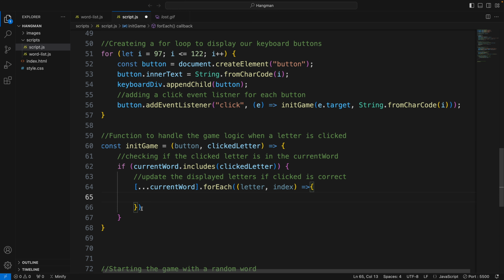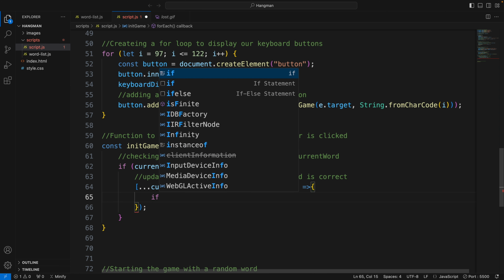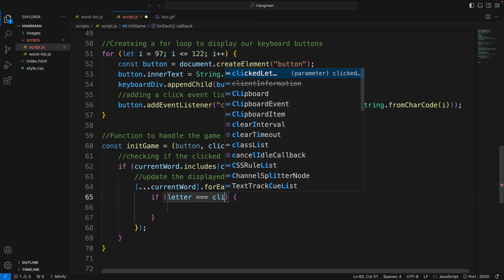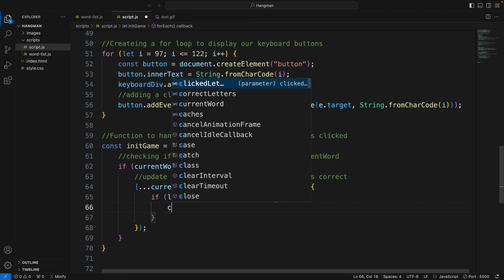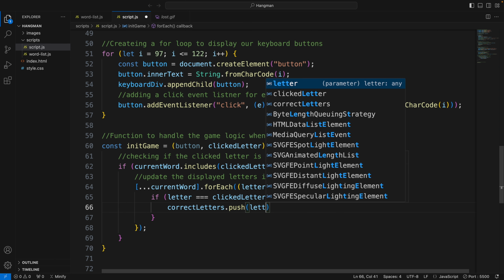Very good. Over here, make sure to put semicolon. Then let's go back in here. And then again, some selection, or conditional code, is going to be if letter equals clicked letter. Then what we want is for correct letters to push, which is entering it, push letter,